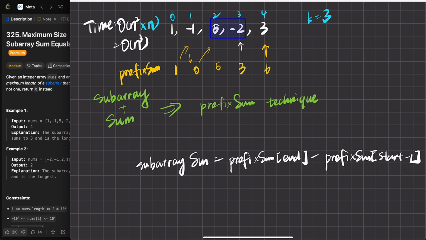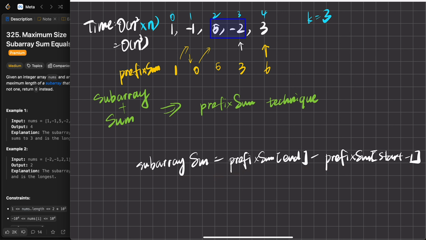And I hope you can understand that. So the starting point is here, but the previous one is 0, because we want to use this part to subtract this part, and then we can get the sum of this part. And this is how we got the subarray sum. So now we have this idea, right? And when we are going through this,